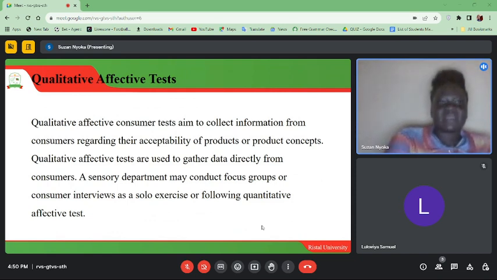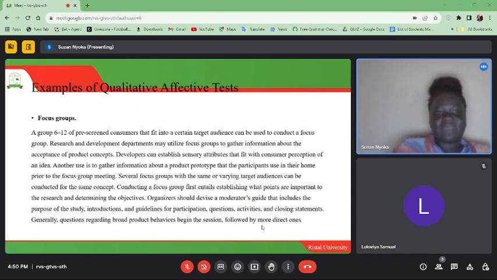Yeah. The examples of these qualitative affective tests are, one, you can use the focus groups. A group of 6 to 12 pre-screened consumers that fit into a certain target audience can be used to conduct a focus group. Our research and development departments may utilize focus groups to gather information about the acceptance of product concepts. Developers can establish sensory attributes that fit with consumer perception of an idea. Another use is to gather information about a product prototype that the participants use in their home prior to the